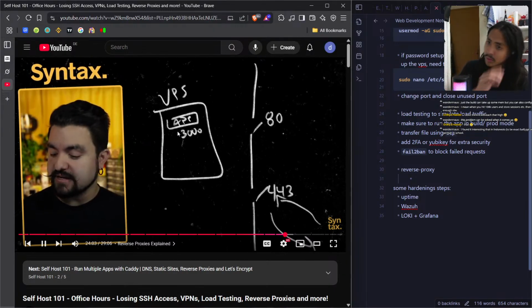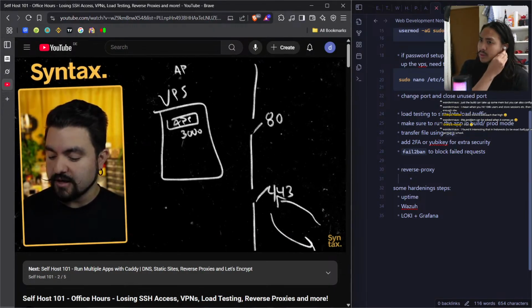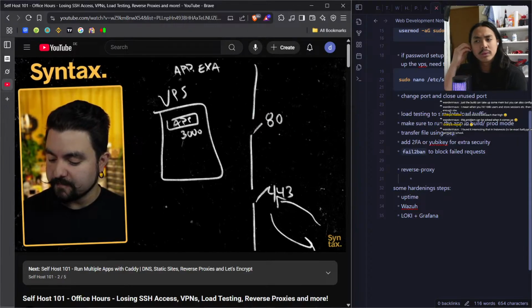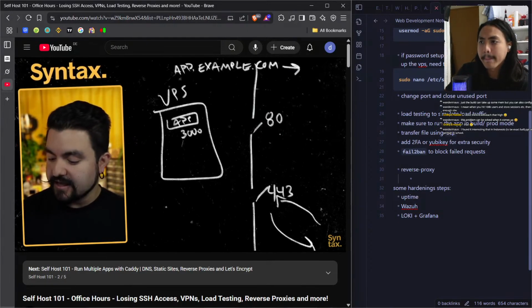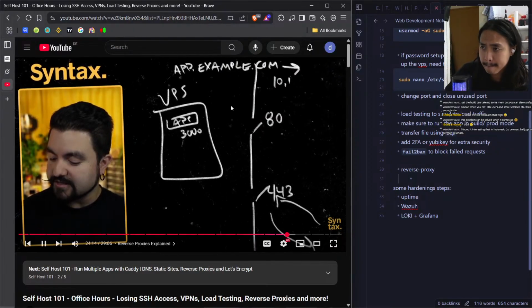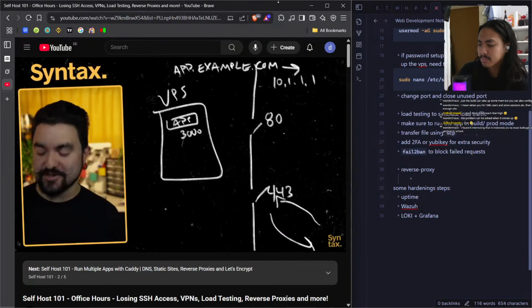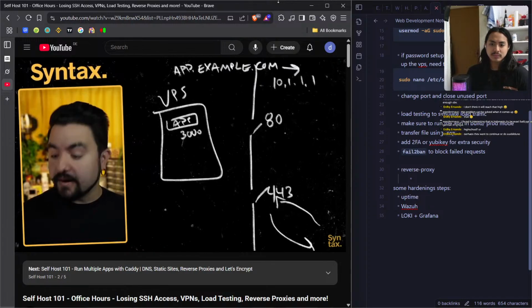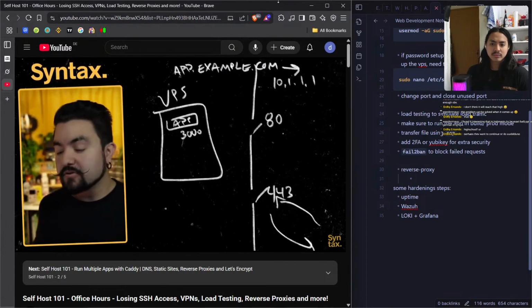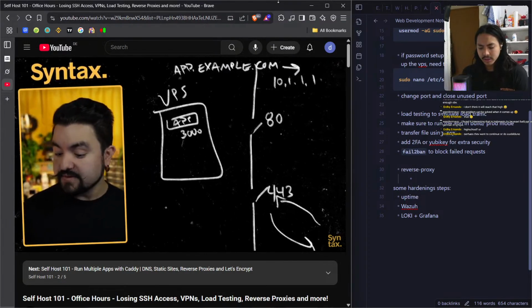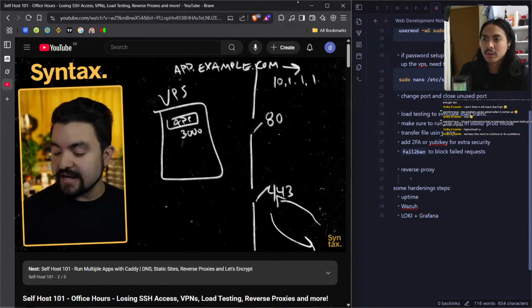Beyond that, you can also set this up with DNS. So let's say we set up a DNS record for app.example.com, and then we have an A record that points to the public IP address. I'm putting a private IP, but let's say you have an A record that points that domain to the public IP address of your server. Now, when a request comes into this specific domain, it'll come to this server, but then you need some HTTP server running that can redirect